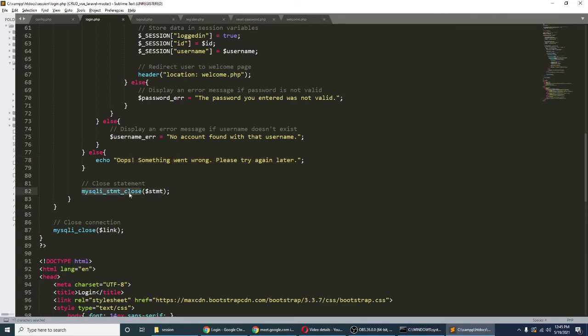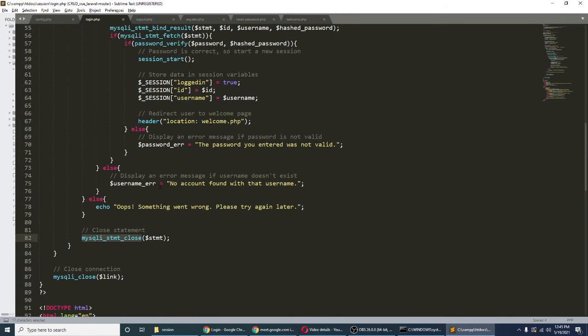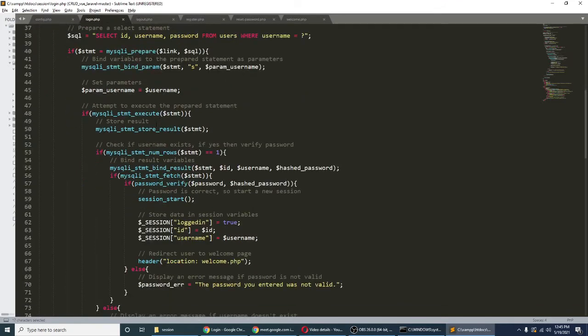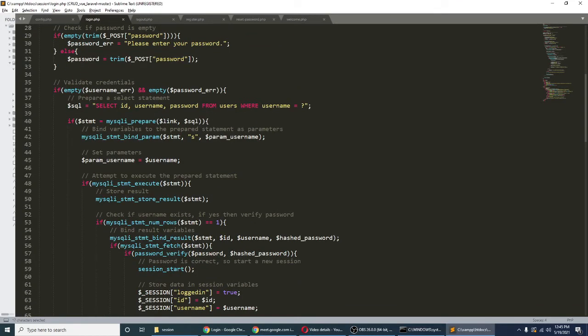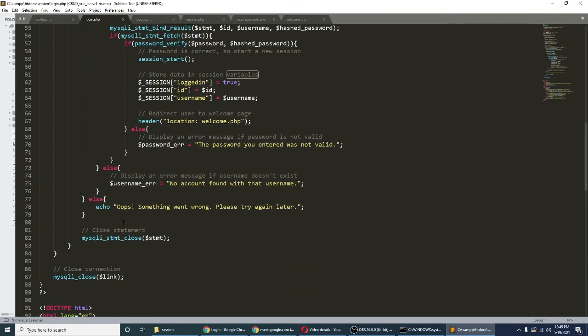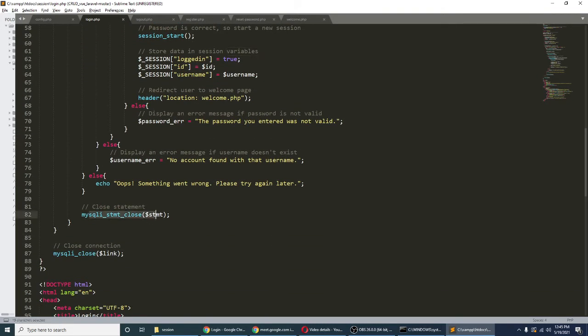So if you want to close your database, it is more secure. I mean the link, this one, binding. So if you want to close your statement, you will be using this one, and this one is for the database connection. If you want to close your database connection,